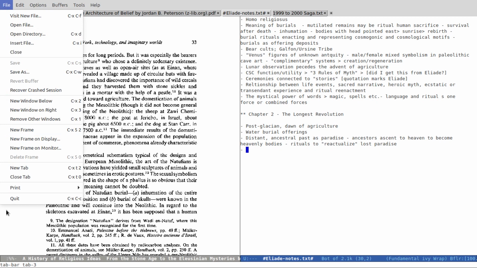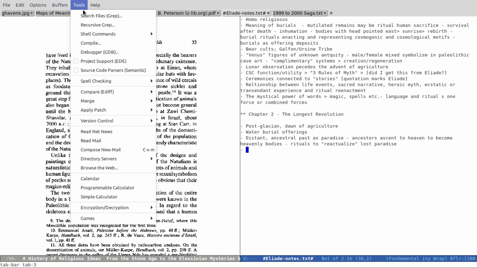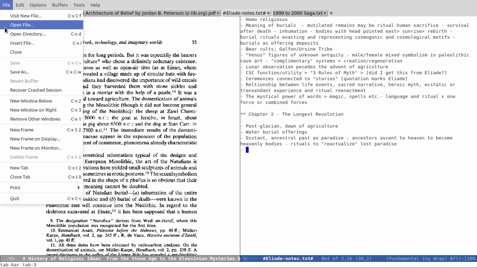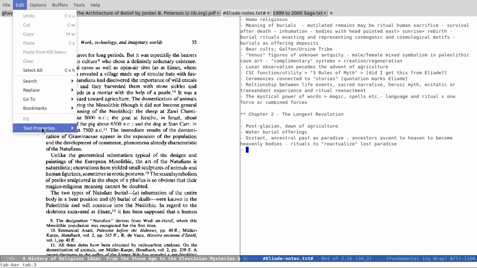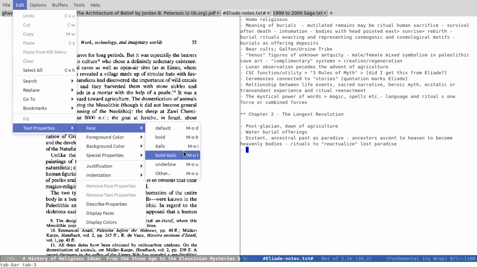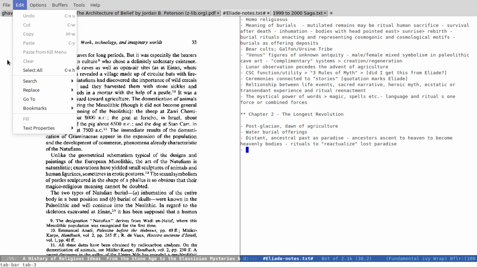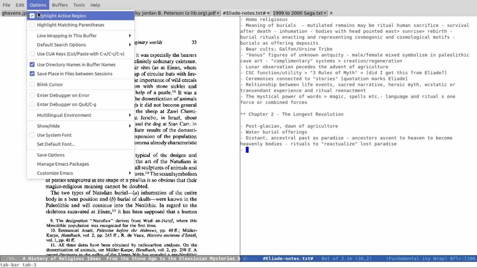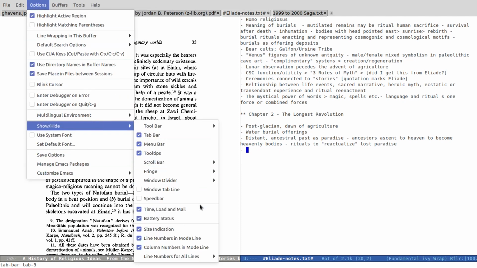But you see, in something like tools, you're appealing more to the developer. But under files, it looks pretty much like a word processor. See, this is something that a writer can grasp. Under edit, you also have things that are very familiar. Bold, italic, underline, and you can find them easily. And configuring the status bar is very simple. It's right in here, just under show hide.